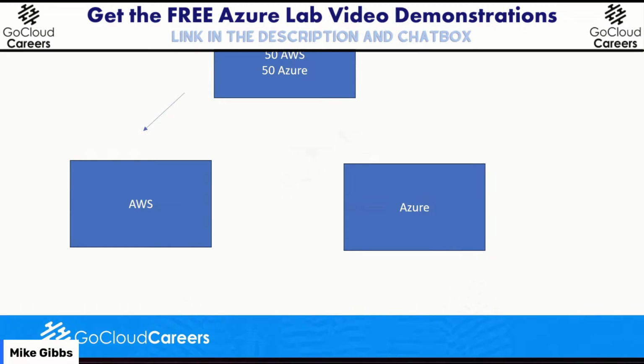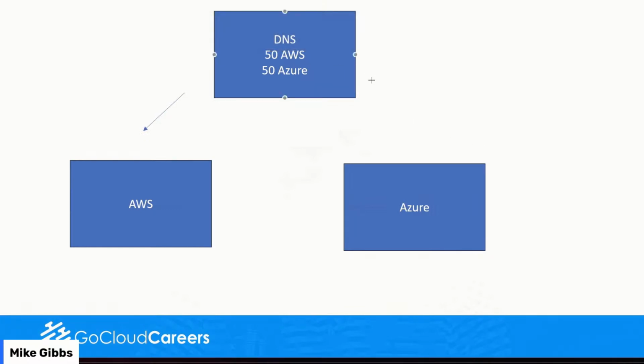The other half of the traffic goes to Azure. And life's running, everything's good. Now, every couple of seconds, the DNS sends a message to Azure, are you there? And Azure says, of course I'm here. I'm having a good time. Then the next thing you realize is DNS sends a message to Azure. Azure, are you there? Yeah, I'm here. It sends a message back.